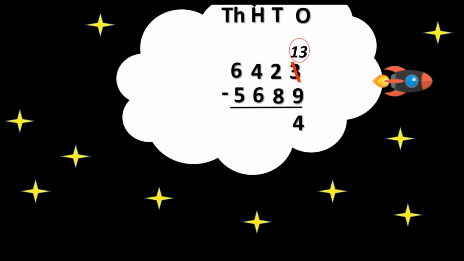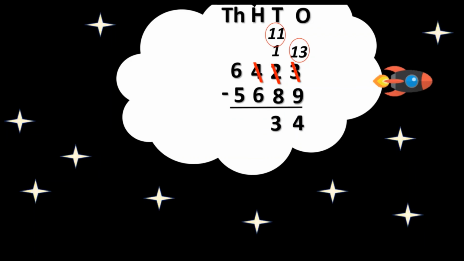Now we see the number in the tens place has decreased by 1, and so we are left with 1. We cannot subtract 8 from 1. So we again need to borrow 1 from the hundreds place and make it 11. And then subtract 8 from 11 and write it as 3.